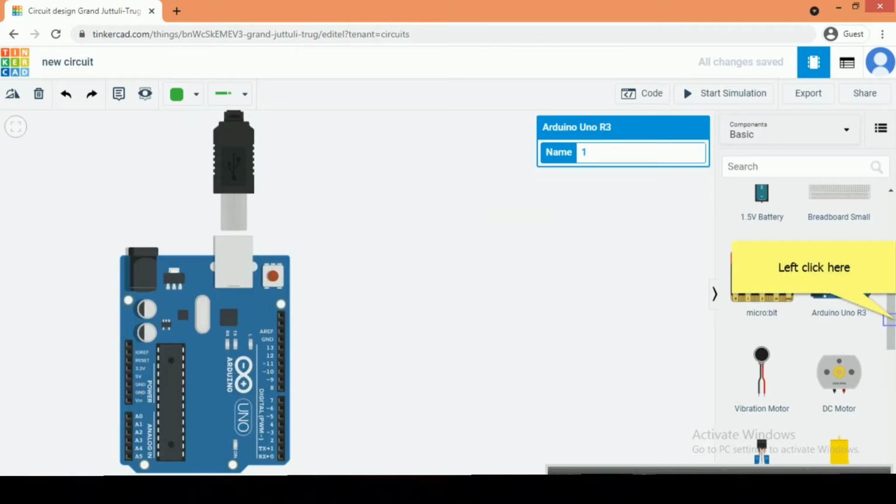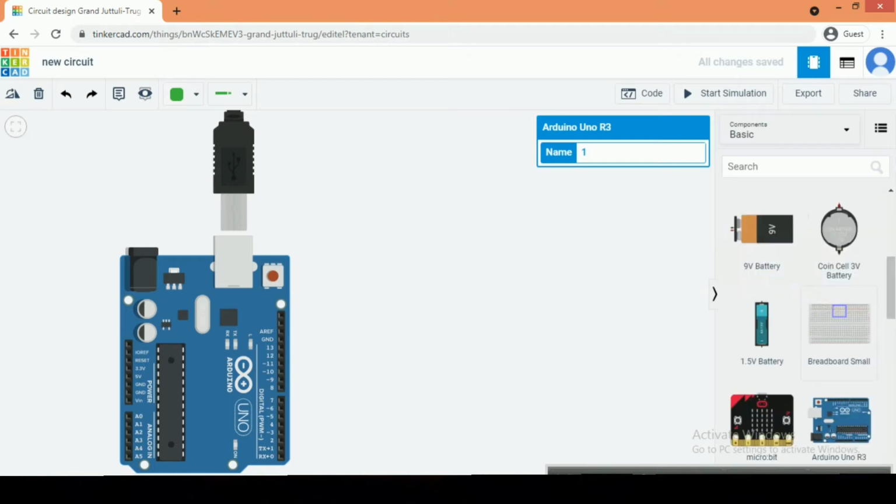Now we will take a breadboard, by the same drag and drop procedure.